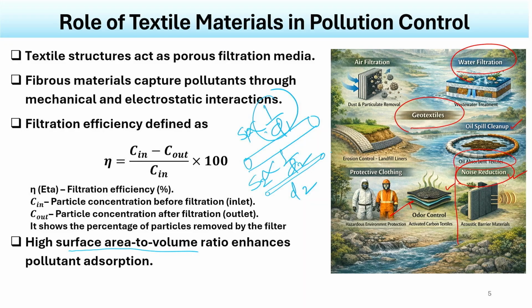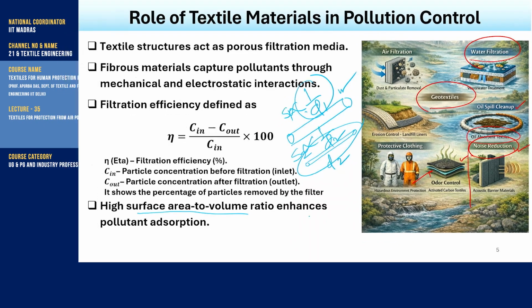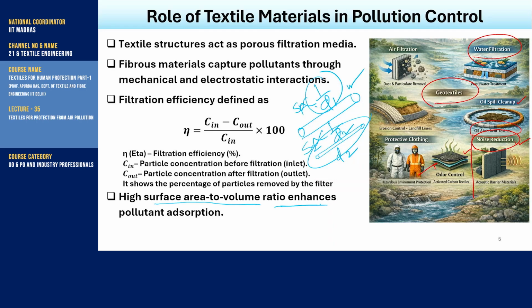That means the specific surface area of this fine fiber is much more than the coarser fiber. So, for a particular volume or mass of the fiber, this fine fiber presents a larger specific surface area,